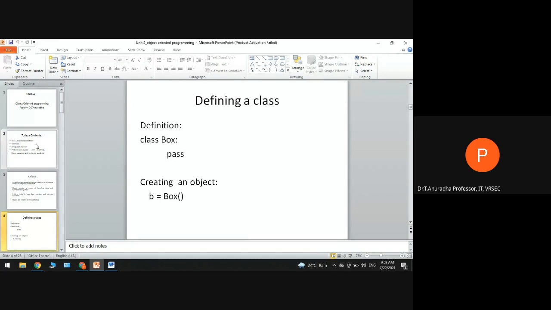Here I don't have any code, that means I'm not defining any members or functions, so I'm just writing pass, an empty code in the class. If I create a class box like this, I can create an object with the name B, for example, B equal to Box(). Using this, I can create an object. It is an instance of a class.